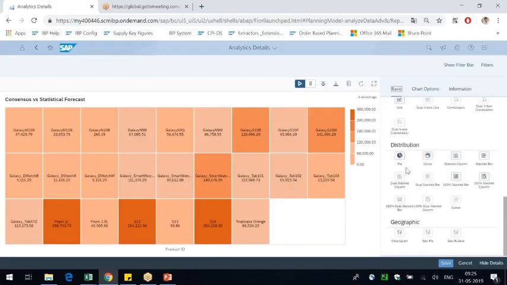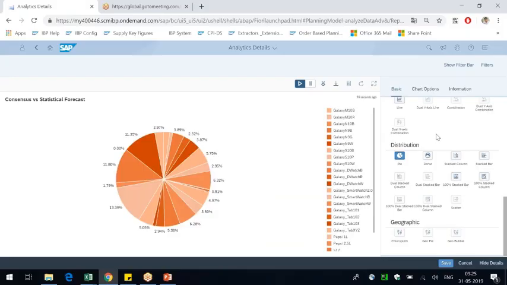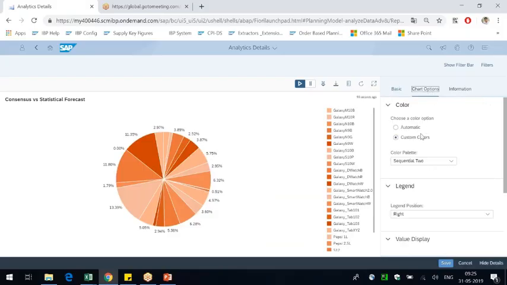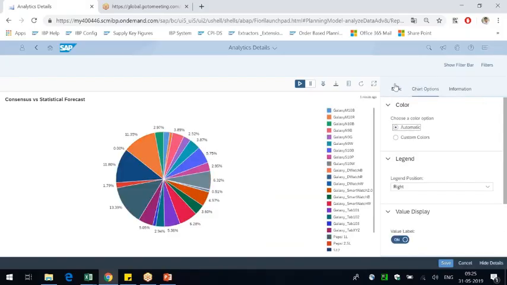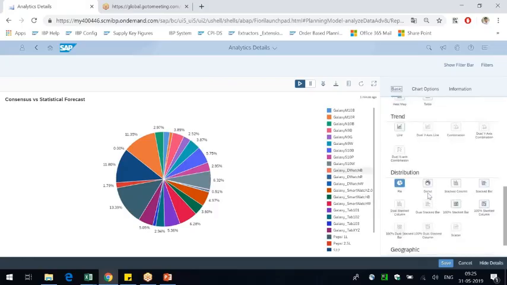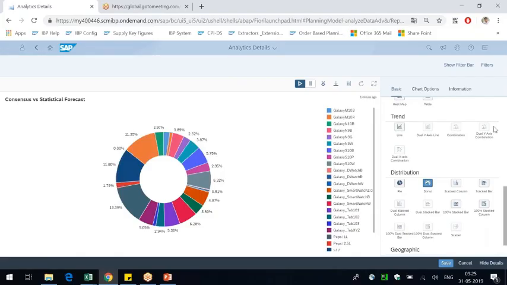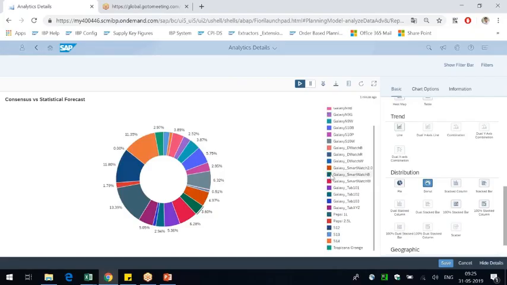Or maybe go to a pie. It displayed like this. Go to automatic. Yeah, it's like this. So donut. The products are huge, and that's why this will not make sense.